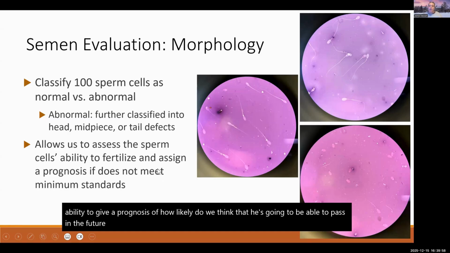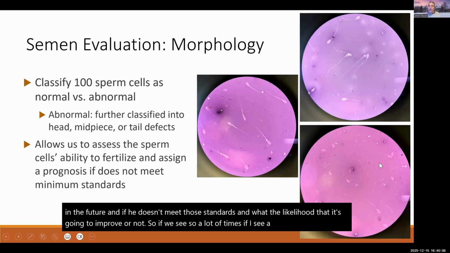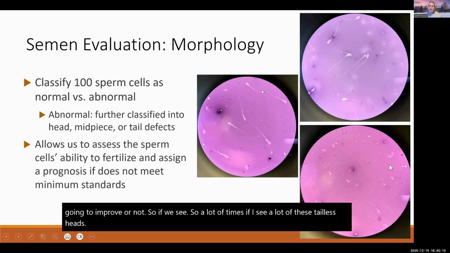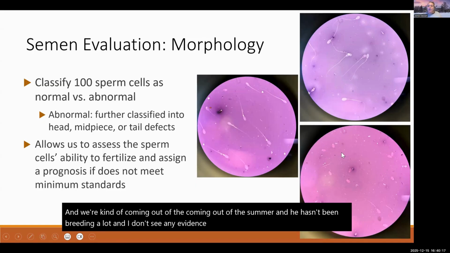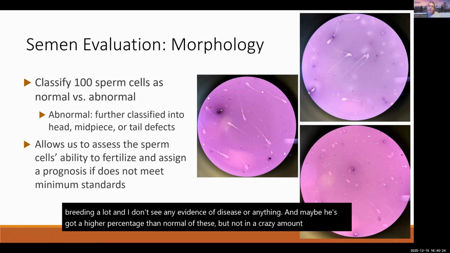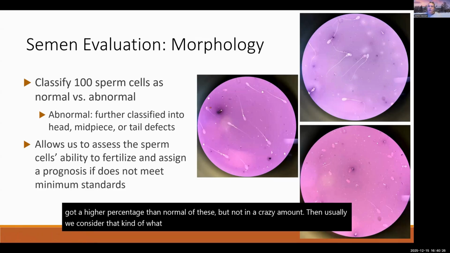and if he doesn't meet those standards, and what the likelihood is that it's going to improve or not. So a lot of times, if I see a lot of these tailless heads coming out of the summer and he hasn't been breeding a lot, and I don't see any evidence of disease, and maybe he's got a higher percentage than normal of these, but not a crazy amount, then usually we consider that what we would call a rusty load, where it's just been sitting around the epididymis and he just needs to clear out the tract and get